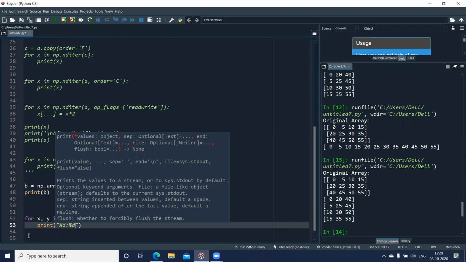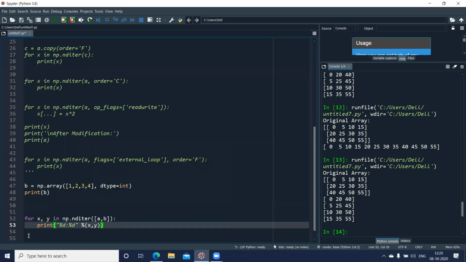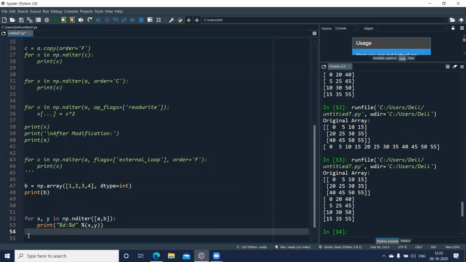One of the %d is to access the values from the 2D array, that is A, and the next one I'll keep for B. Come outside the double quotes, and to mention the variables, I have to use the % sign and round brackets x comma y. So that's it, and let us now execute this.